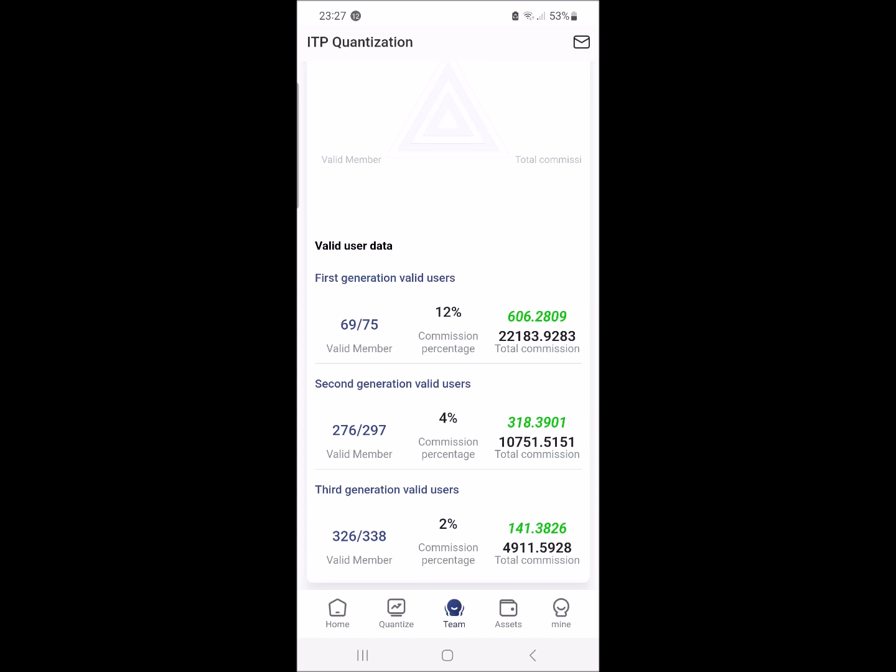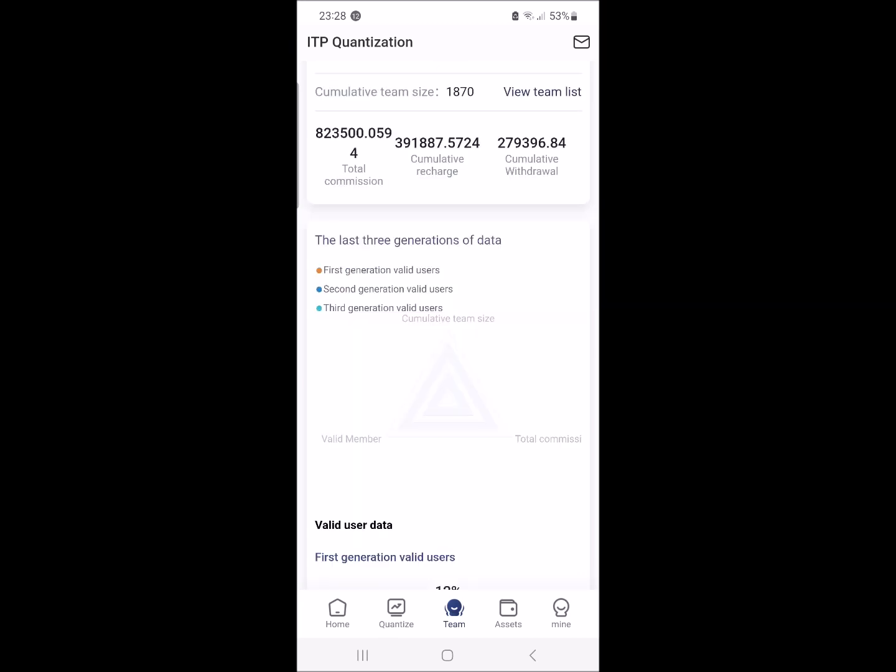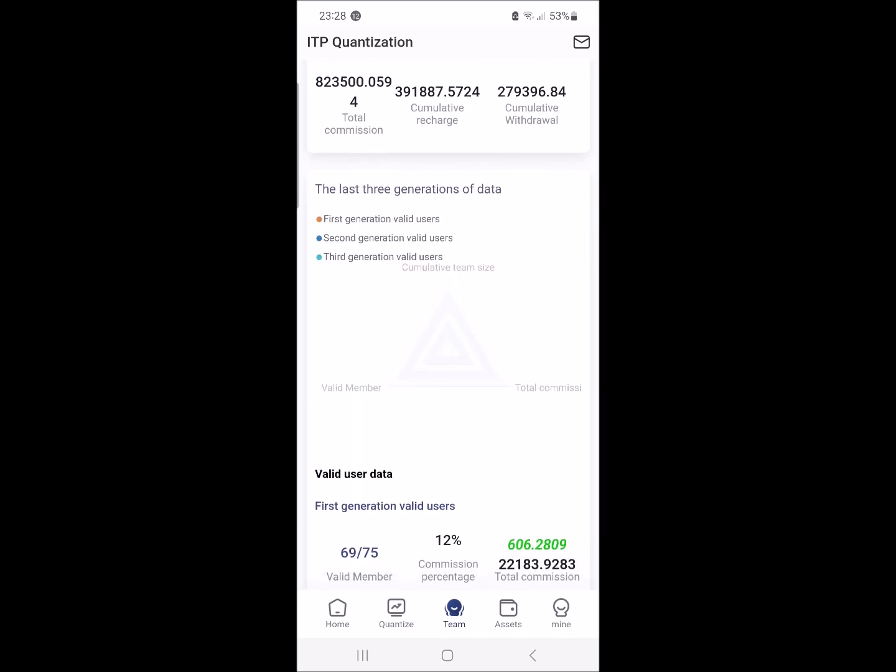In total, the total commission from my first level is $22,183. That's what I made from them from the beginning. All right, if I come back up to the top here, total commission. Now this is what my team have earned. At the moment, my team has earned a total of